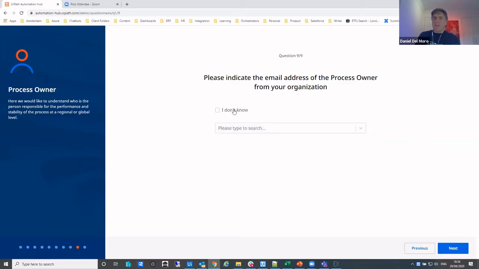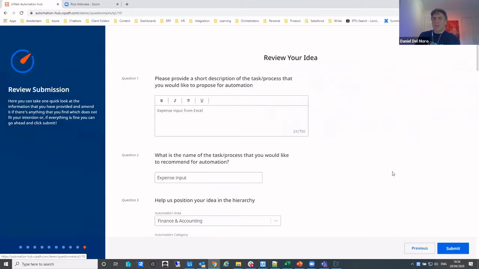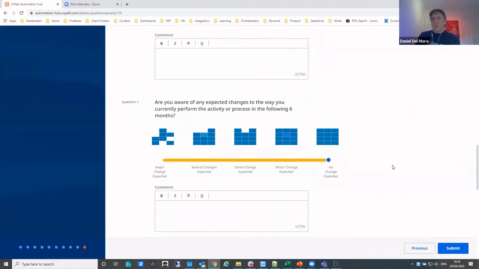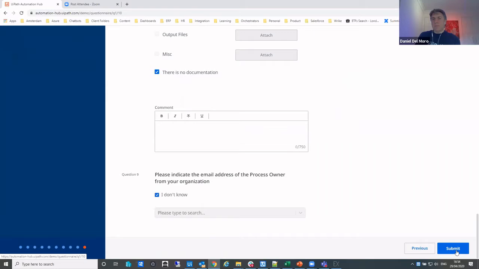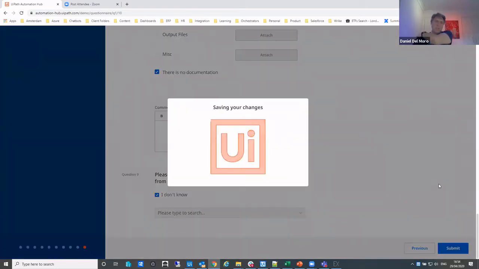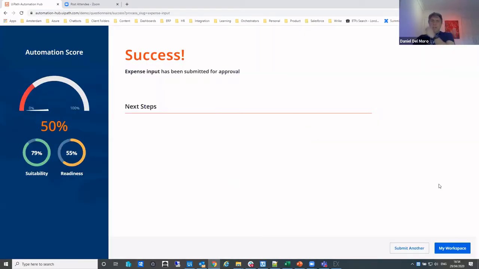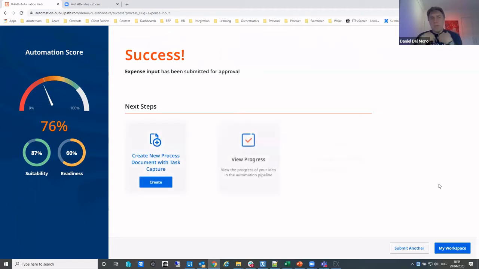And please indicate the process owner. I have no idea who that is, so I'm going to hit next. And here's a summary now of all of those different responses I gave. So if I hit submit, saving my changes, and immediately it's giving me, the SME, the business user, an automation